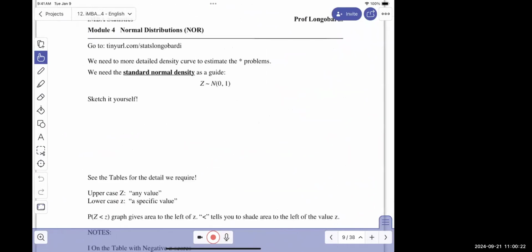And what is special about it? The standard normal distribution has a mean of 0 and a standard deviation of 1. And if you draw it yourself, you'll see why it's so special. We're going to use a large Z to represent the curve or any value of the curve, and little z to represent a specific value. And we're going to continue to use our notation that I introduced with the x's, but Z is a standard normal density. So if I was to draw this,